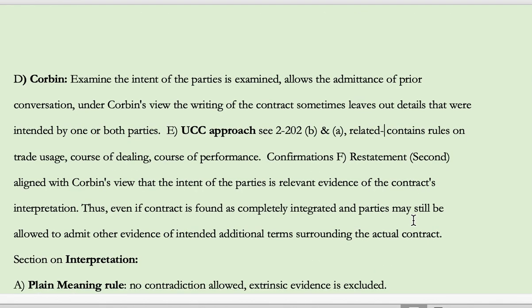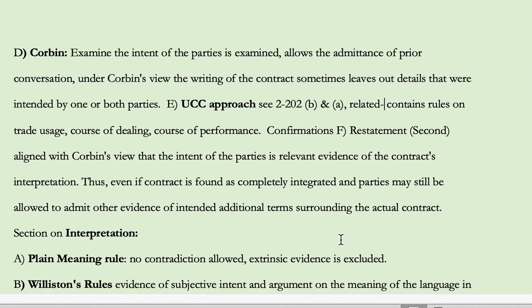So now Corbin is in line with Restatement Second, and there's of course the UCC approach, which is